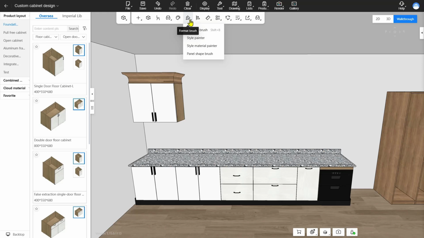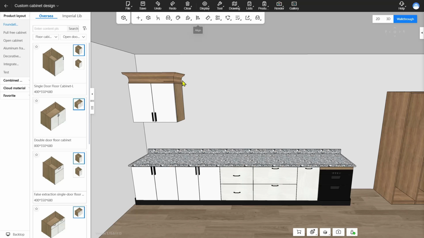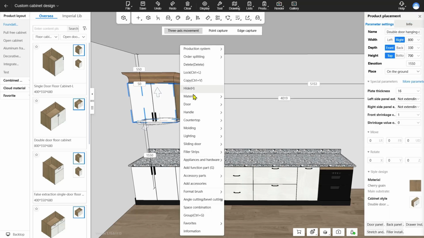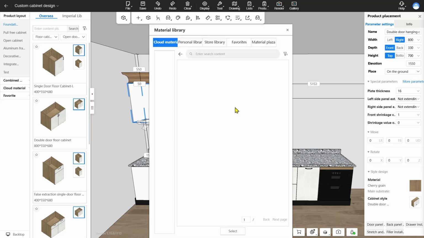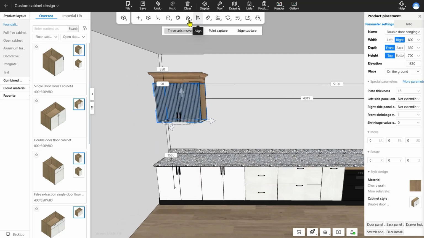So let's go to the next, to see this one. This is the style brush. There are 4 types of style brush for you. The first is to only brush the materials, and the second is to brush the style. Like when you right click the wall, for all doors, it will have the style. You can change the styles in all doors and change its materials in all materials. Like now, I only select a single cabinet and right click to change its style. I change it to this type. Then I can use this one,